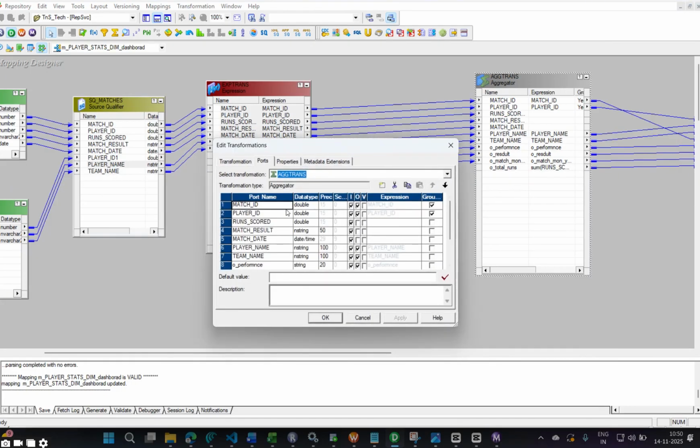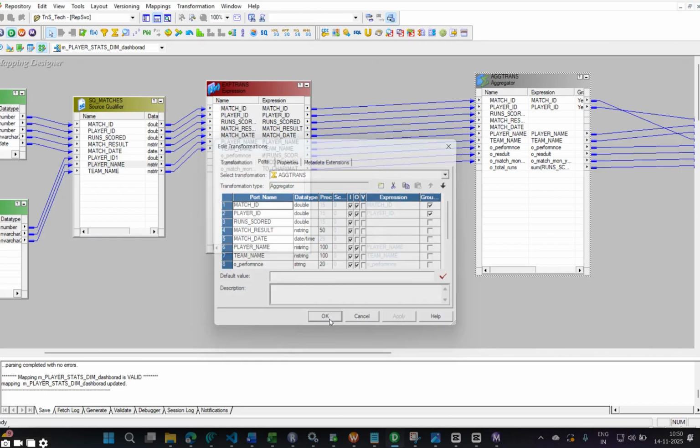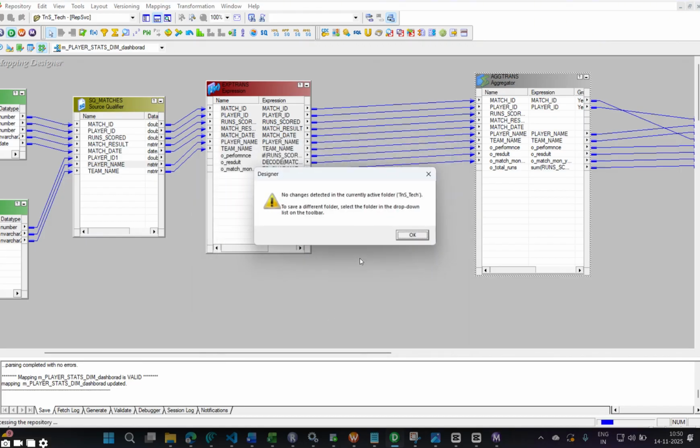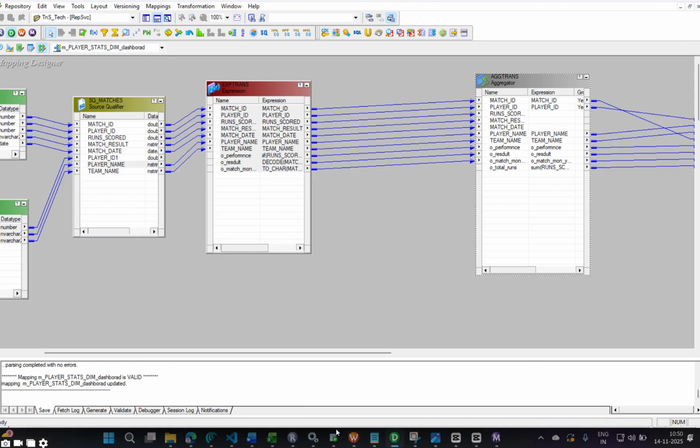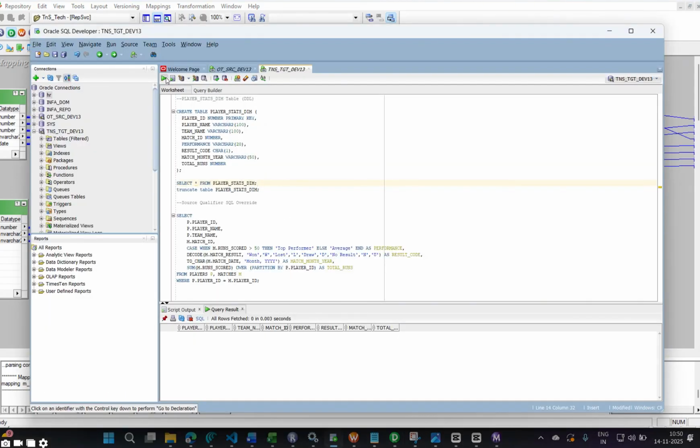So that's why match ID, player ID, so match ID and player ID are the first and second columns, right? So that's why you have to mention them. Previously we did not check the match ID box, that's why it failed. So just remember these things, right? Simply check the result, the records. In this way you can